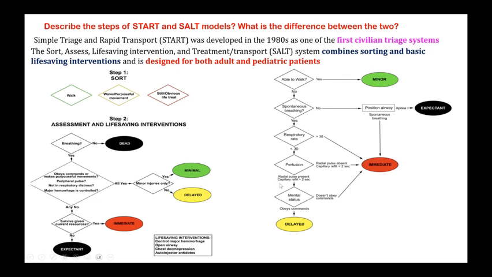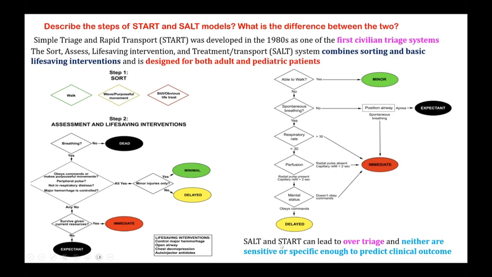So there is a small difference between these two. Here the response across the three systems is classified into minimal, delayed and immediate. And in the immediate group, again you have to triage and sort out whether he is likely to survive or not by your experience and clinical response to the treatment.